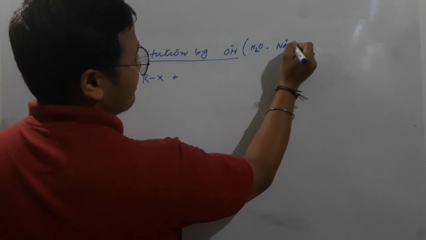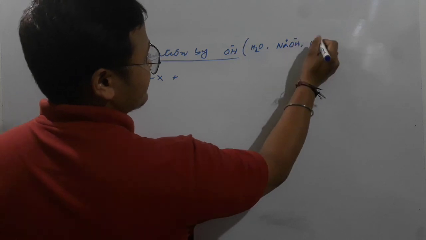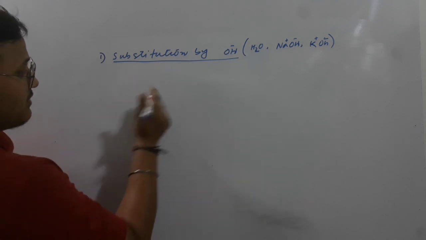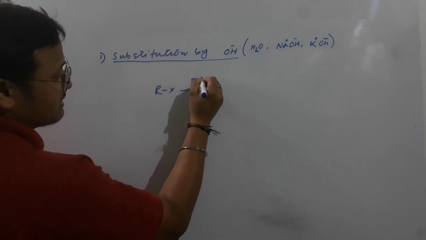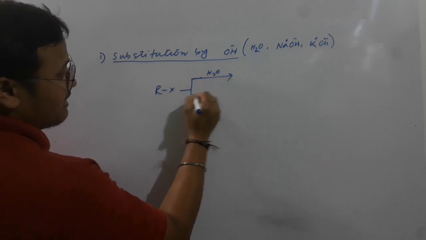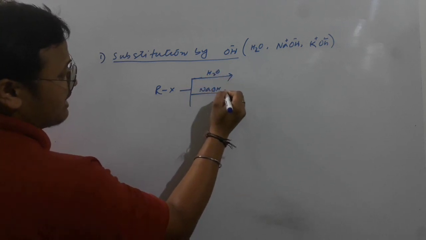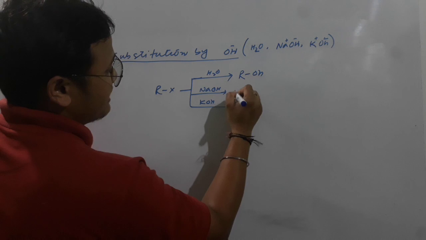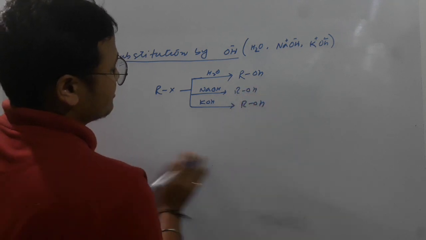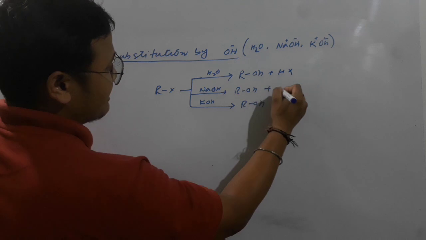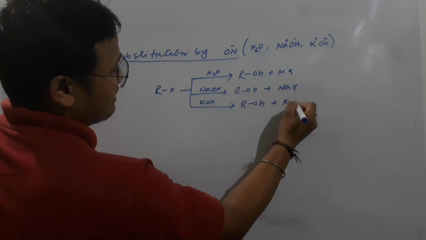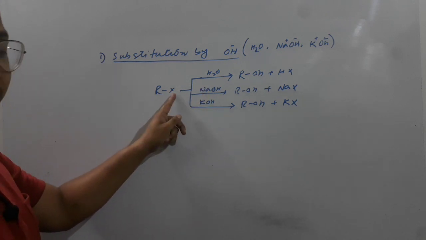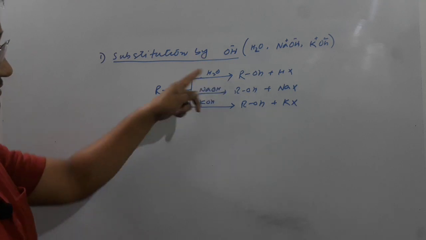Or we can have an alkali hydroxide, say potassium hydroxide or sodium hydroxide. So what are we doing? Once this compound reacts with, say, your water molecule, like sodium hydroxide or potassium hydroxide, in all the cases what we are having? ROH, ROH, ROH, and the rest is HX. Here NaX, and here KX. Because the metal will be positively charged, it will bind with this negatively charged halogen. So we can have this type of reaction.